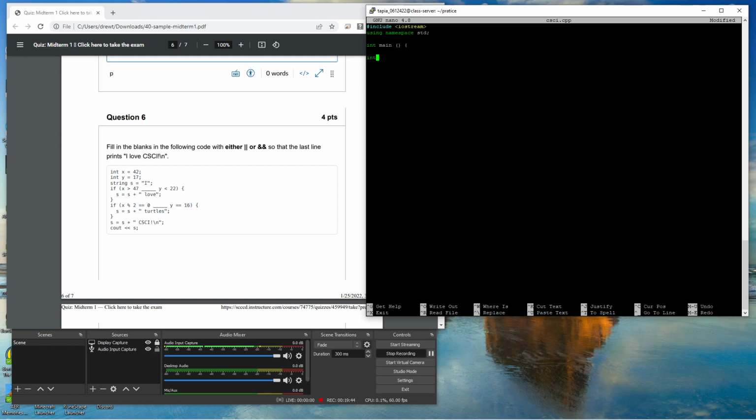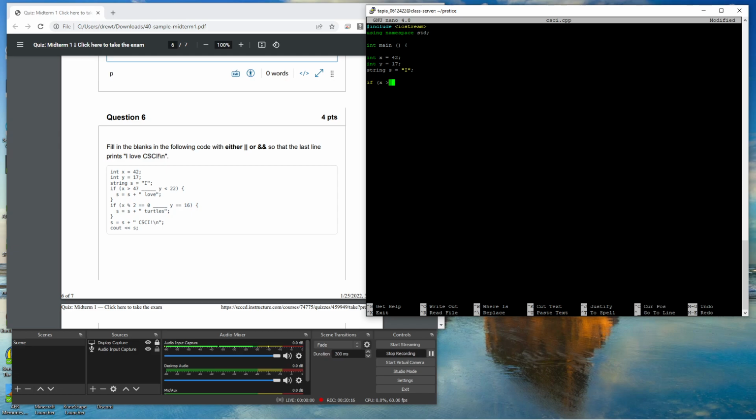Okay, so int x equals 42, int y, and I'm going to kind of just buzz through this because I'm getting close to time here. We got string s is equal to capital I. Yeah, okay. And then if